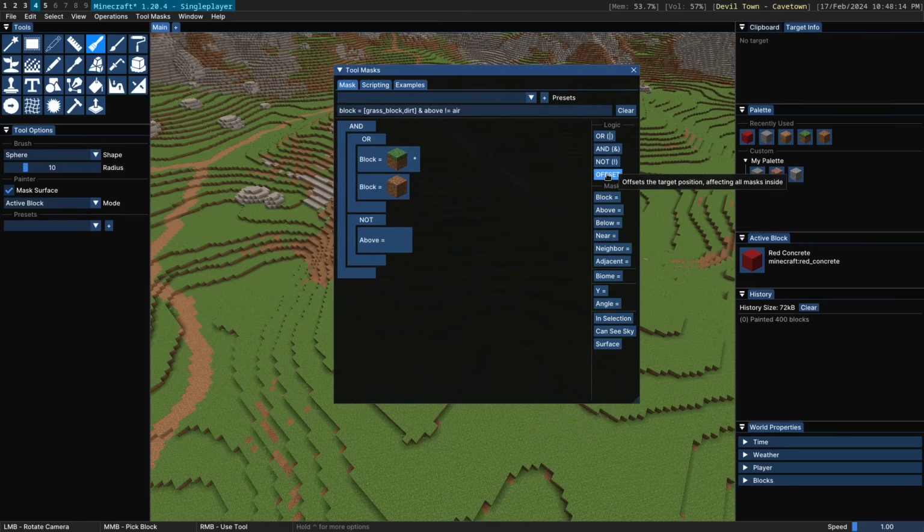There's also an offset logic mask, which I'm not going to go into detail because it's a bit more complicated. But if you want to ask any questions about masks, feel free to join the Discord server for Axiom and make a post in the support channel, and I'll be sure to help you out. Alright, so moving on, let's